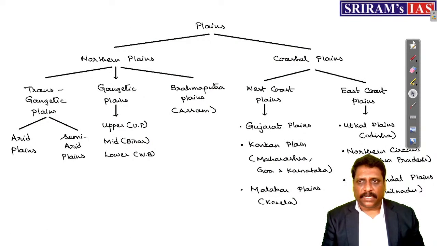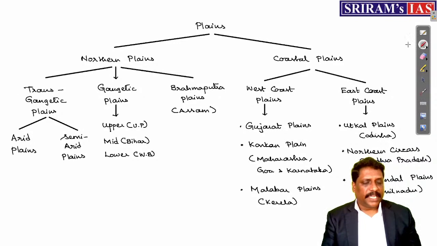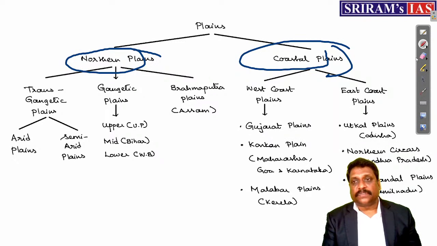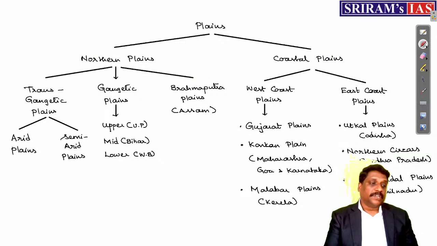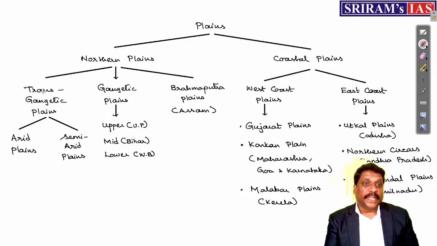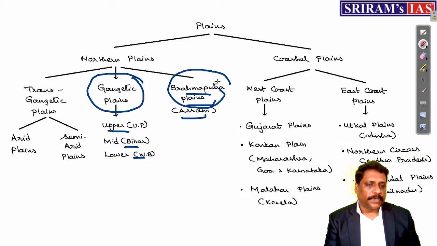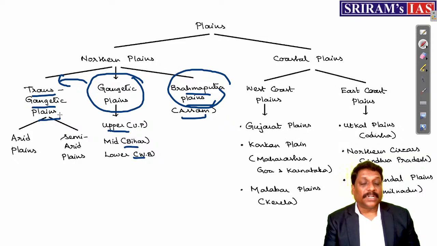Okay. So having said this, my friends, now talking about the classification of the plains, as I already said, the plains can be classified as northern plains and the coastal plains. Northern plains, I can still classify based on the rivers that create the plains. Gangetic plains: the complete states of Uttar Pradesh, Bihar and West Bengal are Gangetic. The plains of Assam are Brahmaputra plains, created by the river called Brahmaputra. And all the plains located beyond these Gangetic plains, we call them Trans-Gangetic.